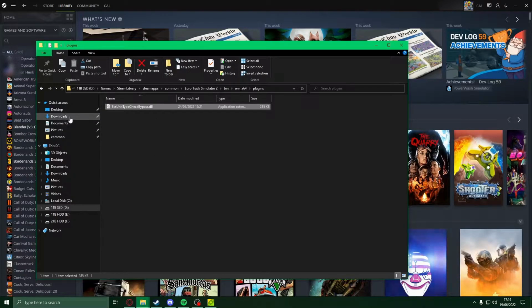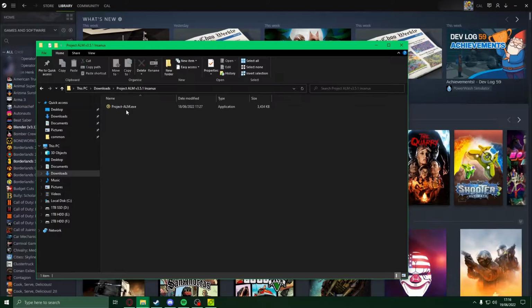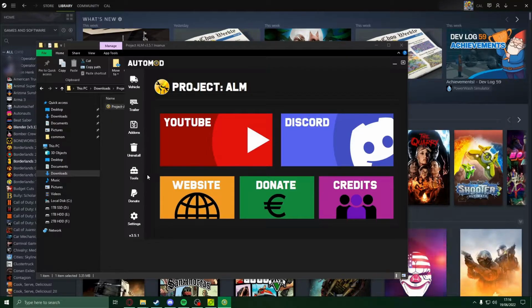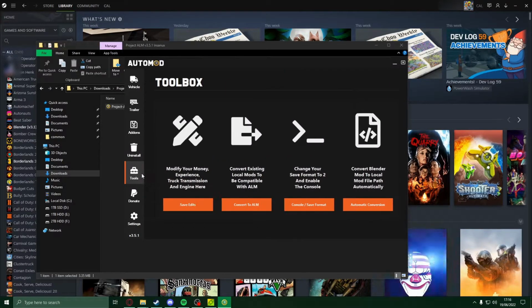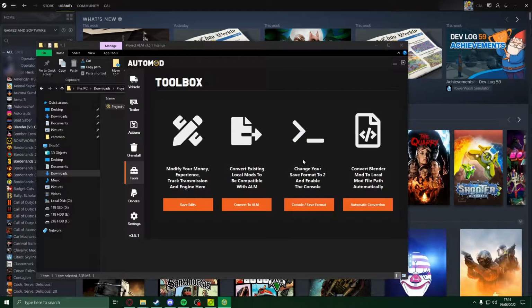Now that that's done, I'm going to head back to my downloads folder, going to open up Project ALM, and open up the exe file. Head over to Tools, and click the console/save format. With that done, if you want to open up your game,